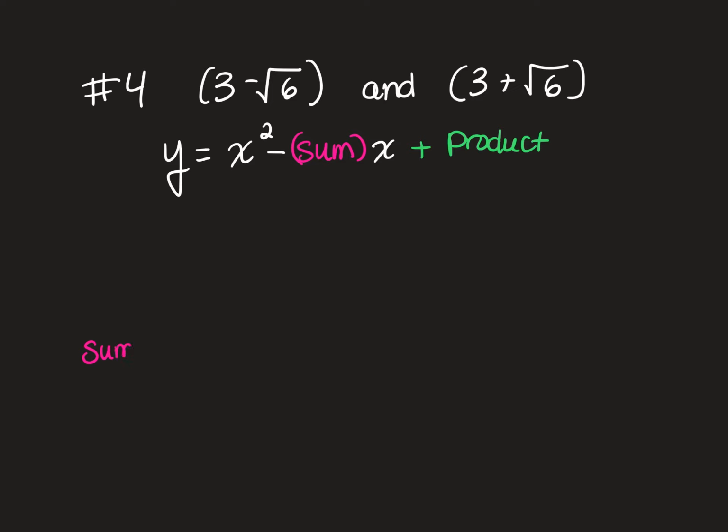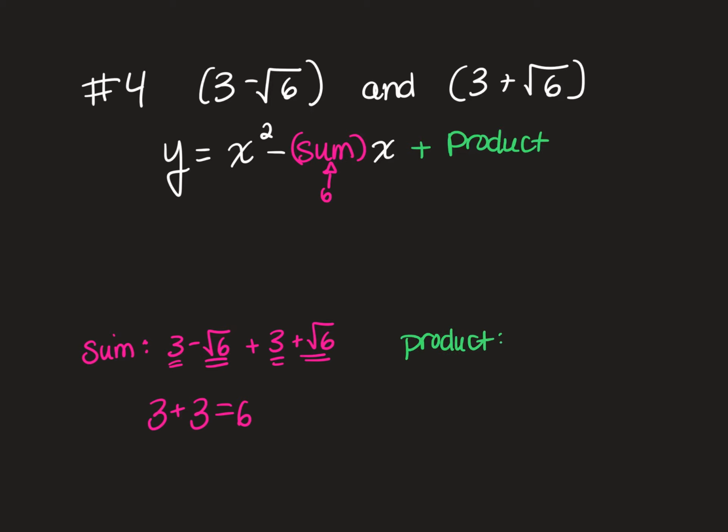So the sum of the two roots would be 3 minus square root of 6 plus 3 plus square root of 6, and hopefully you recognize those two are going to be 0. So you're really just adding 3 and 3. So 3 plus 3 is 6. That's what's going to go right here. And then the product,